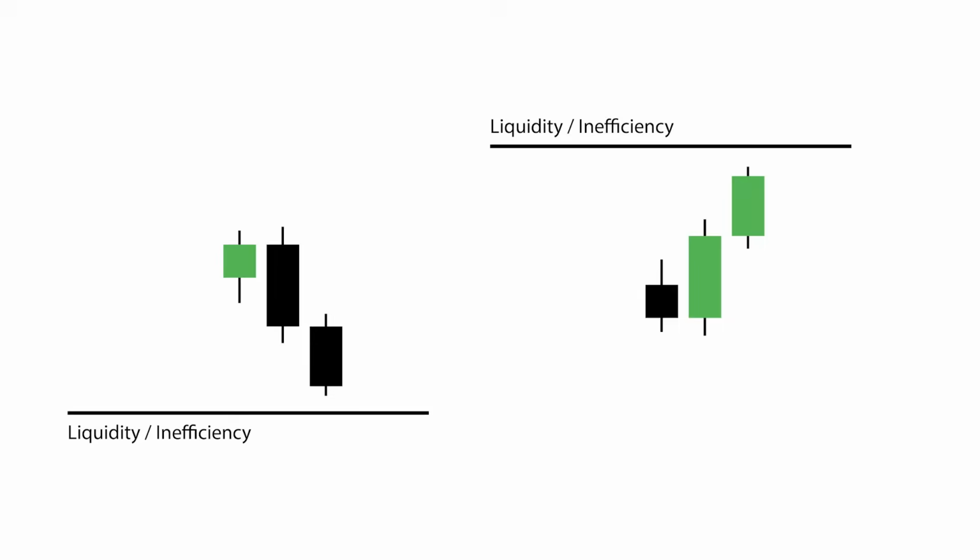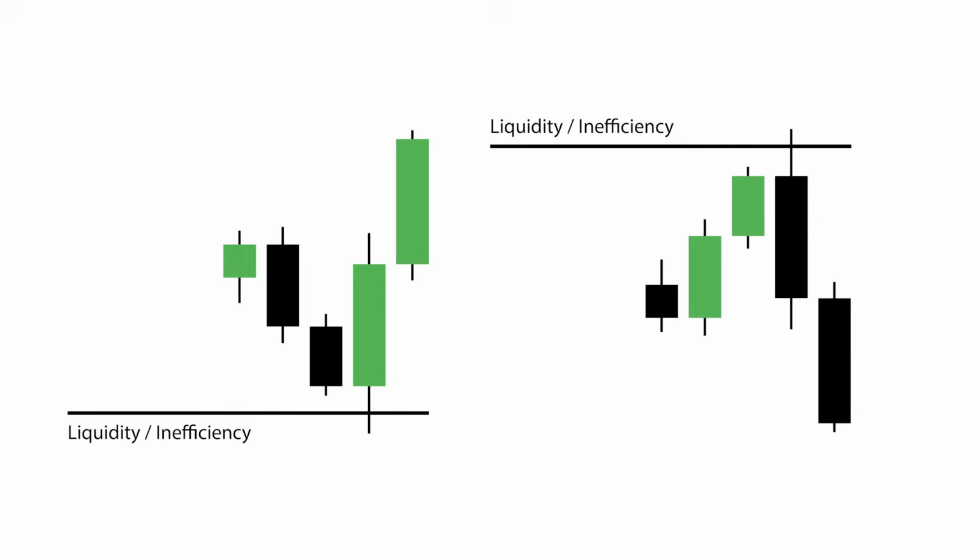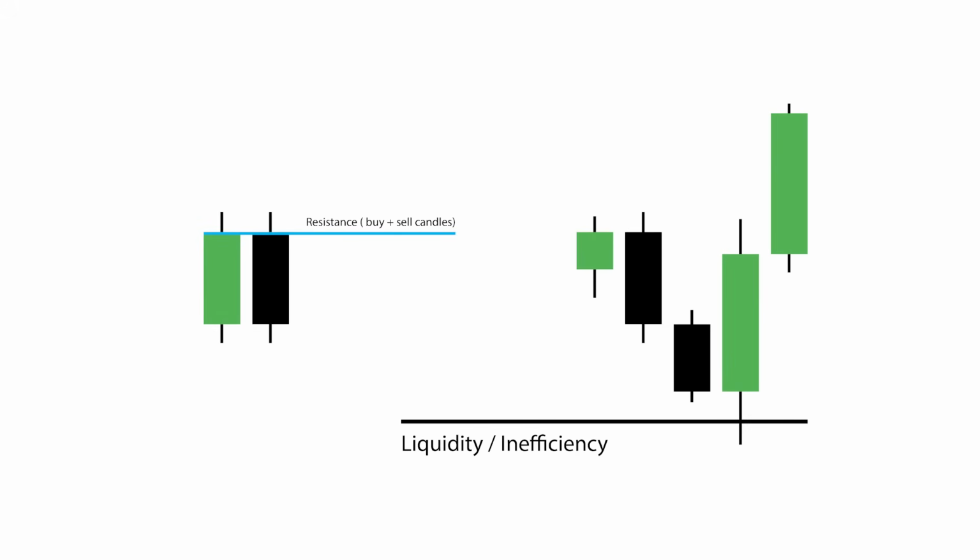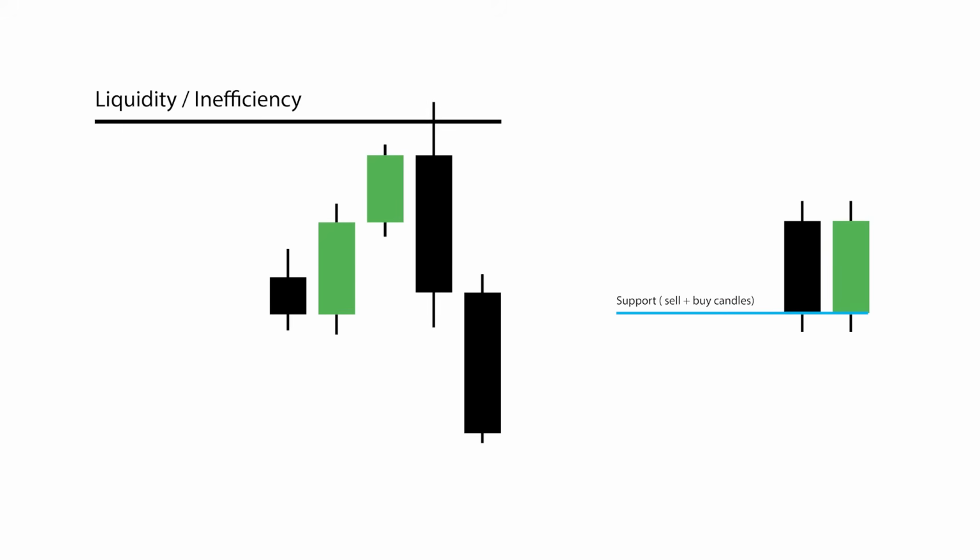Order block is a price action element that has performed a liquidity raid or rebalanced a fair value gap. After that, it breaks through resistance or support levels and closes with the body of the candle above or below. Here you can observe the break through a resistance level, the buy plus sell candles, and the close with the body higher, which forms the zone of a bullish order block. And the break through a support level, the sell plus buy candles, and the close with the body lower, forming a bearish order block.